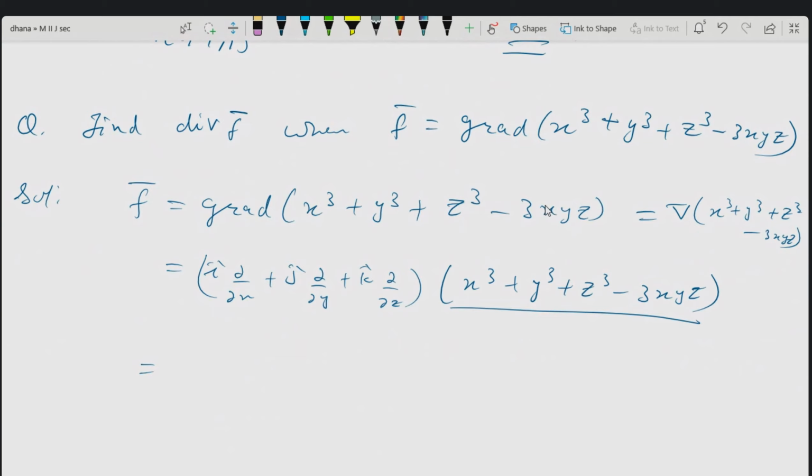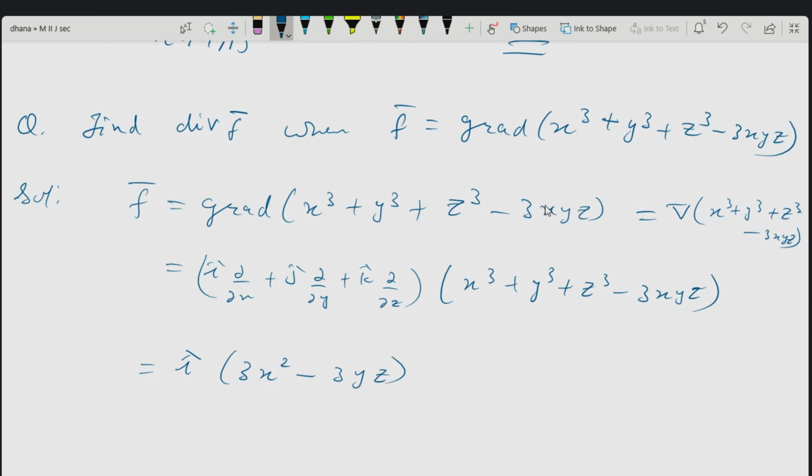Is it or not? So that is i. Now overall this function needs to be differentiated once with respect to x, with respect to y, with respect to z also. Got it? That is how you calculate the gradient part. So calculate now i cap as it is, dou by dou x of this function. Differentiating this function with respect to x, you will get 3x square. Then y cube will be 0, z cube 0. You will get minus 3yz. Is this what you will get?